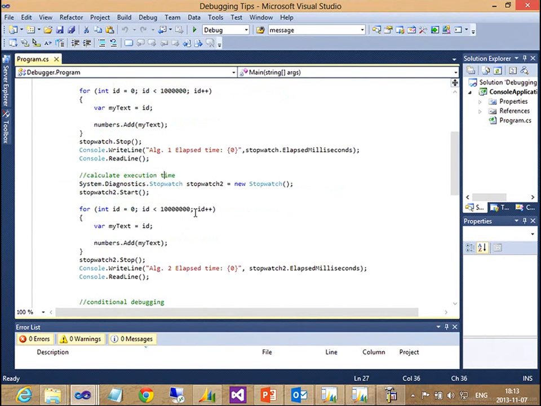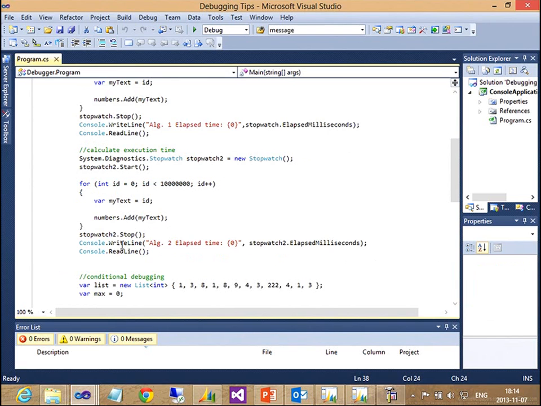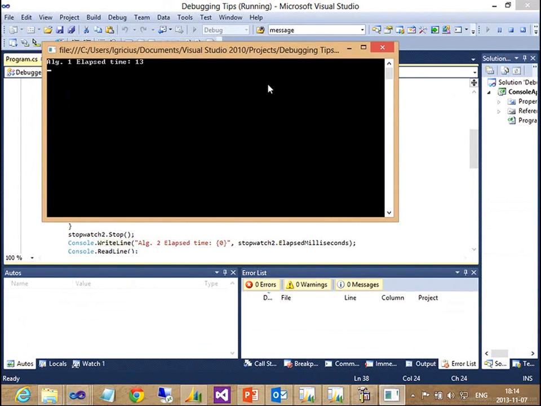And I have another stopwatch with a little bit bigger loop. We're adding the same numbers, and I'm even adding them to the same list. And I'm calculating how much time it took. Okay, so we can execute it to check it out. Now you see the first part of the algorithm took 13 milliseconds. The second one took 152, but